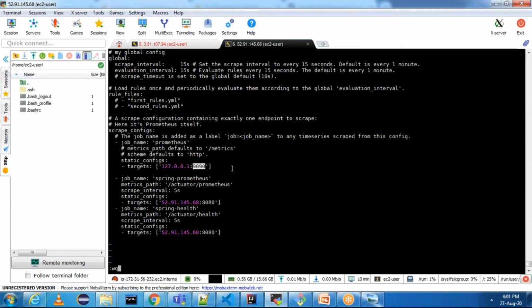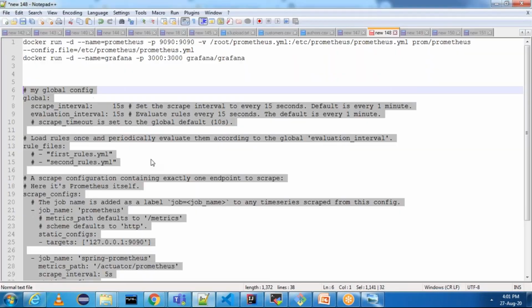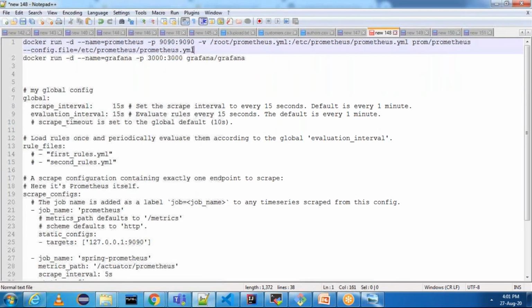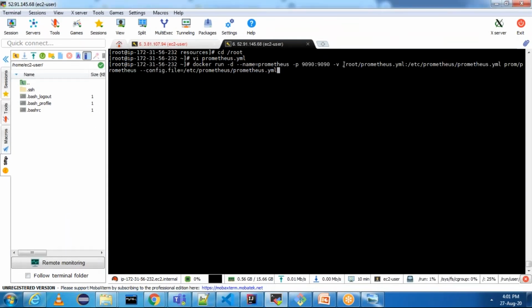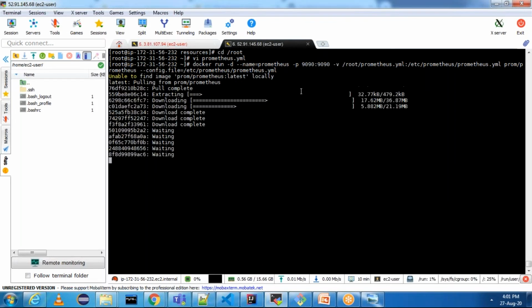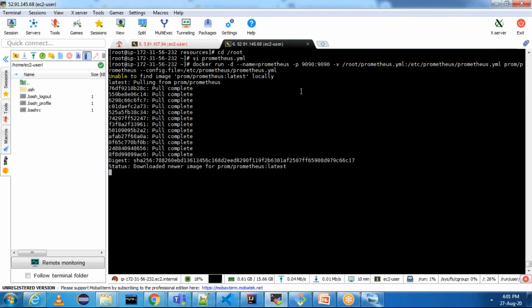Save this file. Now I'm going to pull Prometheus using this Prometheus YML file. I'm going to run Prometheus using Docker. For that, I have mentioned the YML file as well. If you see, I have mentioned the YML file as a volume so that it will use our customized Prometheus YML file. Run this. Now Prometheus is running on 9090 port.